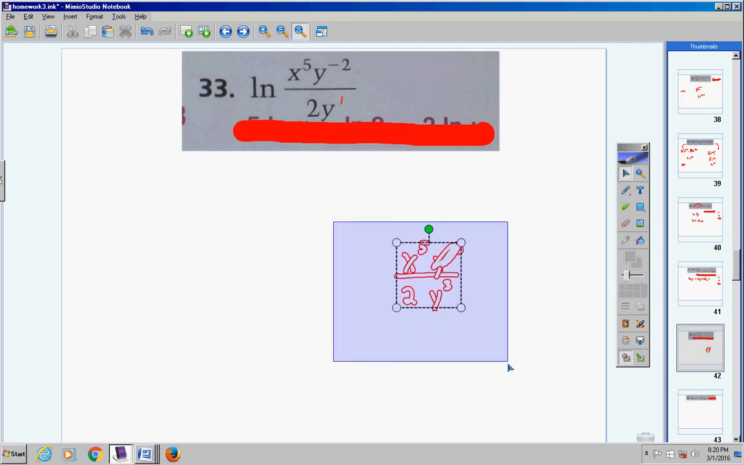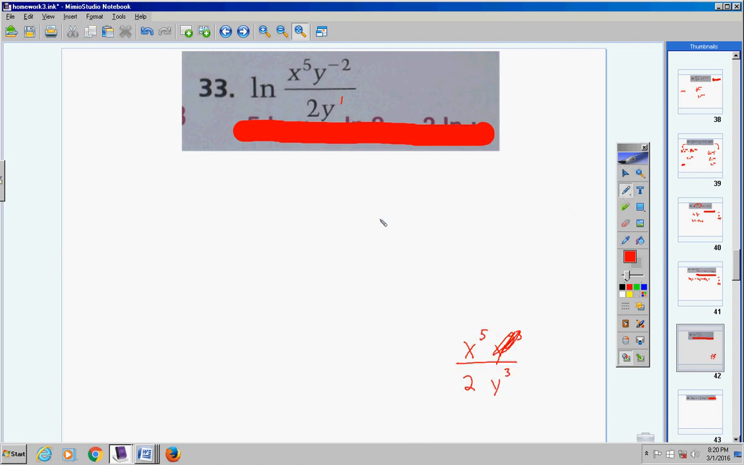Okay? So there's my new argument. So I'm going to rewrite it. I have natural logarithm of x to the 5th over 2y cubed. Got it, guys? Look it over again if you need to. Make sure you understand how to simplify the argument. Now,